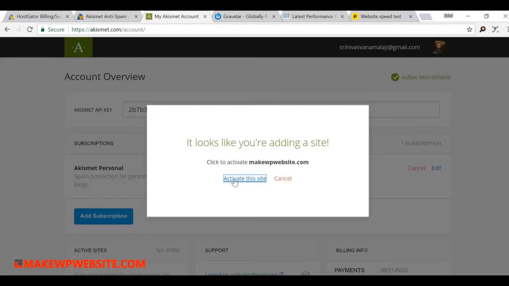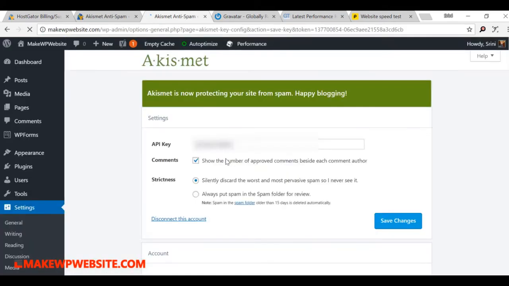And you can say activate this site. Okay, so that's our API key. We have logged in to the site also, and you may have noticed that we went back to the Akismet site. The Akismet site connected to WordPress.